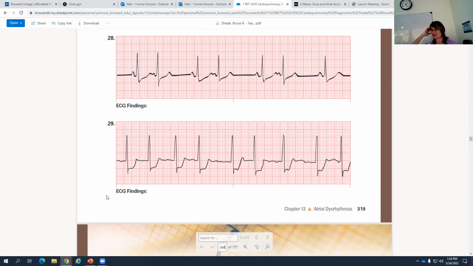Very good. So do we see P waves? You might argue that once in a while you see a P wave, like that might look like a P wave, but not all the time. So we see an irregular rhythm. We see a chaotic baseline with an occasional P wave. Yeah, an inverted P wave. So we come to the conclusion that it is